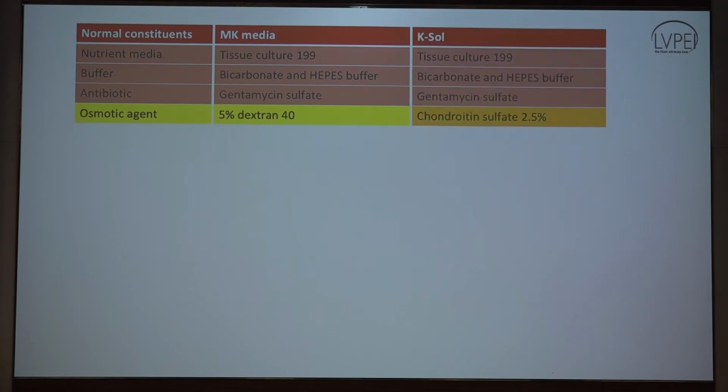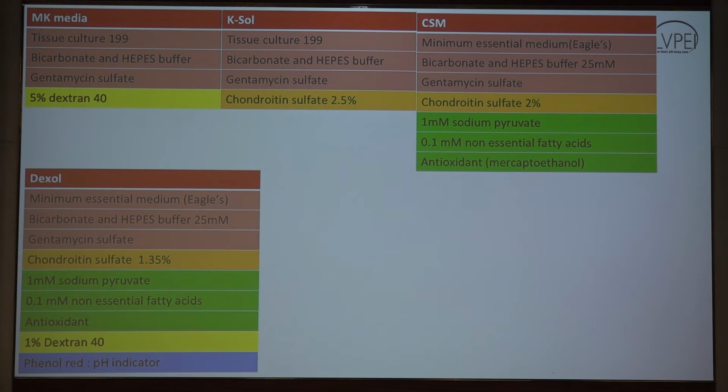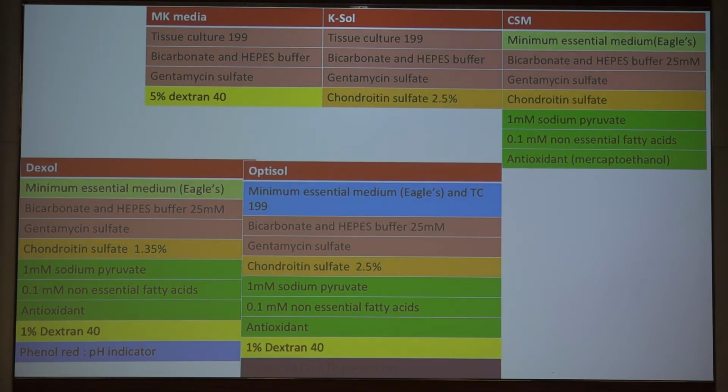And there is an incremental change as we started developing the different media. These are the K-Sol, where the dextran was replaced with 2.5% chondroitin sulfate, and then over that, when the Corneal Storage Medium came, in addition to 2% chondroitin sulfate, we also had sodium pyruvate, non-essential fatty acids, and some antioxidants. So this helped to reduce the oxidative lysis in the postmortem tissues. And then was the Dexol, where a phenol red indicator was also added, and then in Optisol,